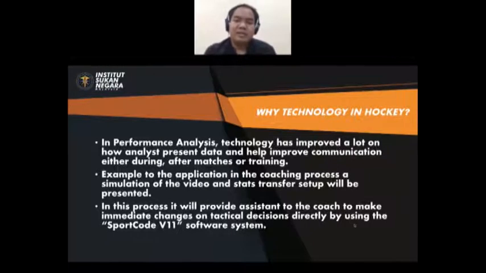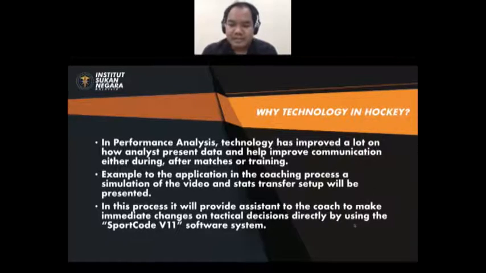Di sini maksudnya during dan after match, dan juga kita guna pakai untuk training ground, untuk sesi training kita akan gunakan teknologi ini lah. So example to application in the coaches process a simulation of the video and step to transfer setup will be presented. In this process, it will provide to the coach to make immediate changing the tactical decision directly by using the